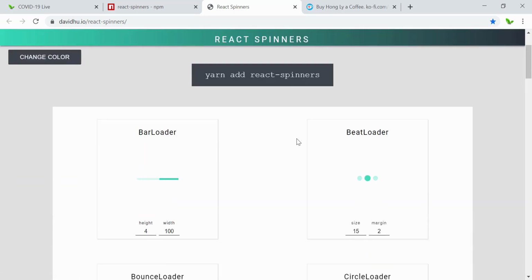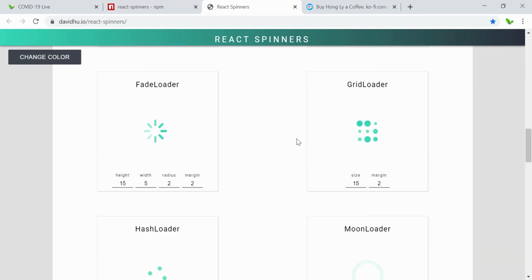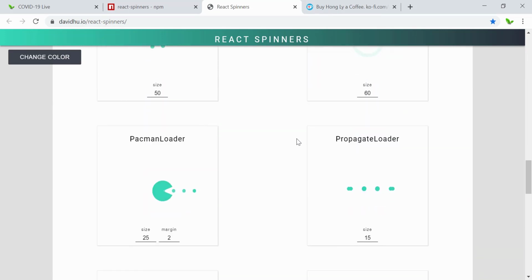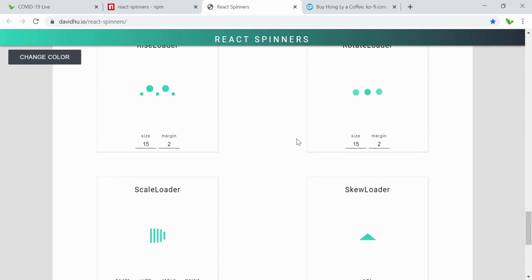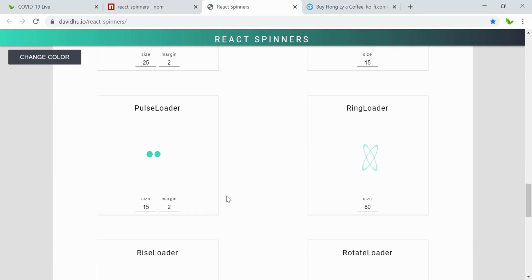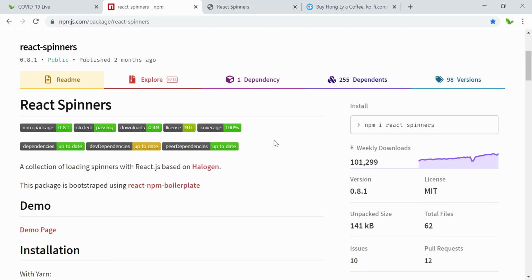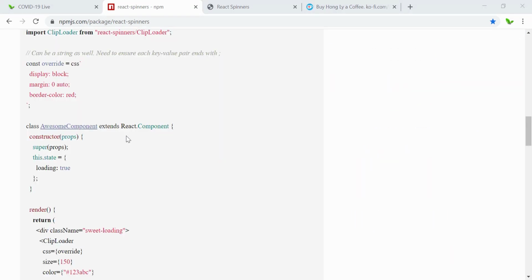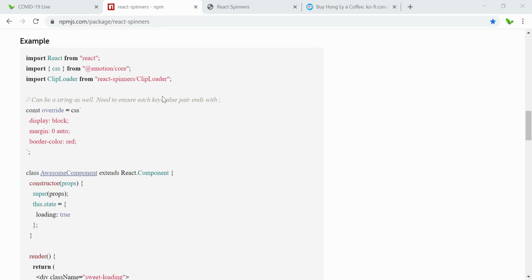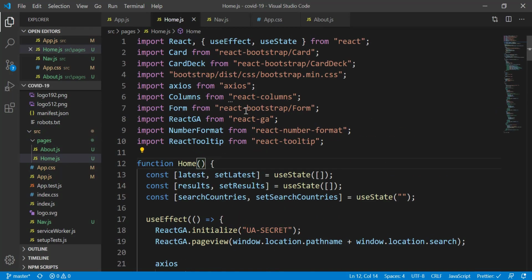So here you can see there are different styles, and it's quite popular as well, this library. So I think I'm going to use the ring loader. It looks pretty good. Okay, so now let's install this and see you guys once I finish installing this. Alright, it has been installed now. Let me import this, in this case, inside the home page. So right here,